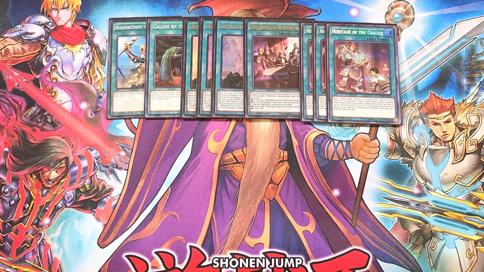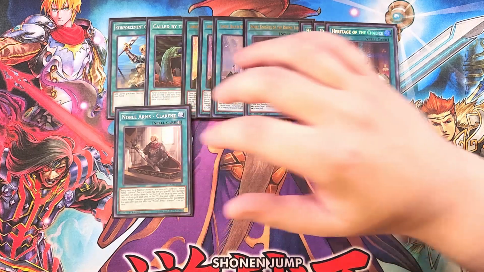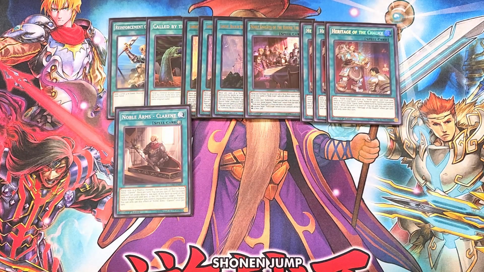We then play a single copy of Clarent. Clarent is a really good 1-of in the deck because you can equip this only to a warrior monster, but it lets you pay 500 life points and the equipped monster can attack directly this turn, which is a great effect. And all of your Noble Arms cards actually share a common effect that if this face-up card on the